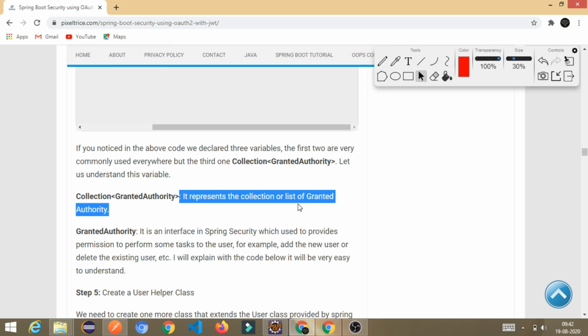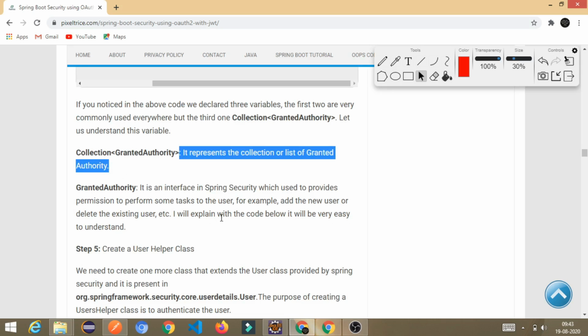The purpose of this variable is to contain the authority level of the client or person who wants to access the resources or the APIs of our application. It contains all the authorization details, like granted authority details. For example, that client can be authorized at system admin level, or at manager level, like different posts, different things. Whatever the authority of that client is, we are going to store it in this variable.